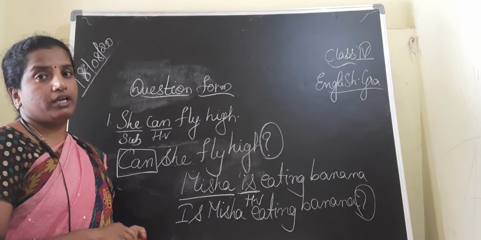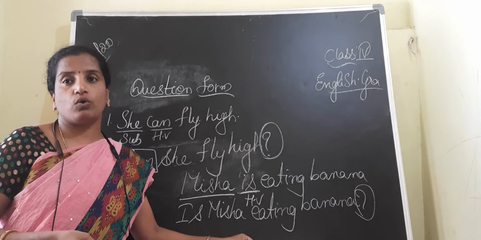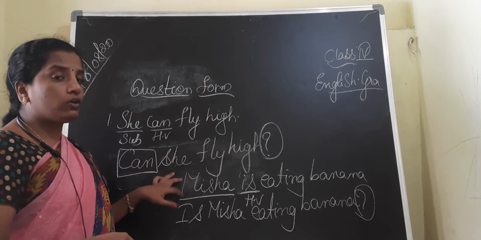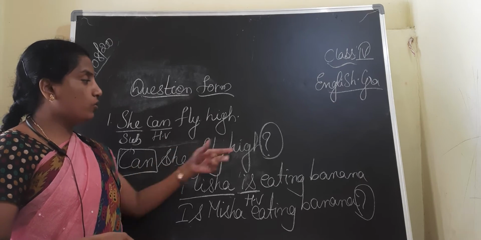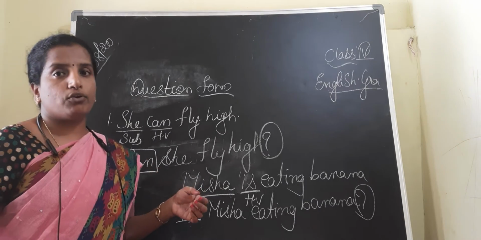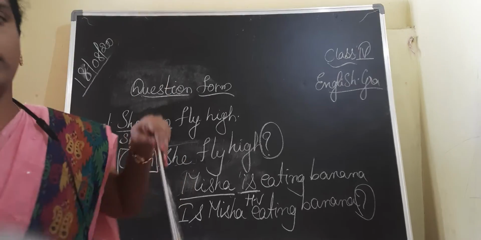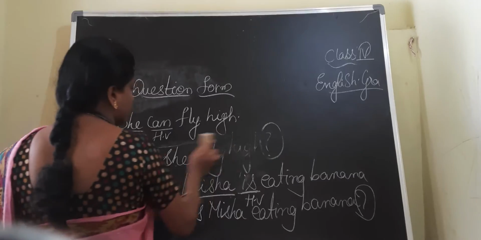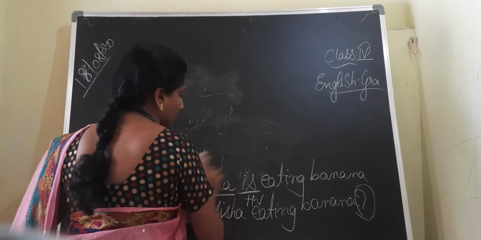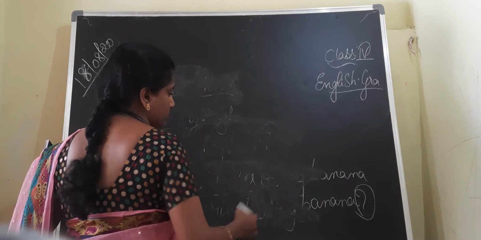But in the negatives, no need, because it is a positive statement. Whenever we are writing positive sentences, you have to end the statement with a full stop. Whenever we are talking about the interrogative form or the question form, you have to end the statement with a question mark. Now let us take a few more examples to write the negative form as well as the question form, so that you may get clarification. I will give one statement, and you have to write both the negative as well as the question forms.